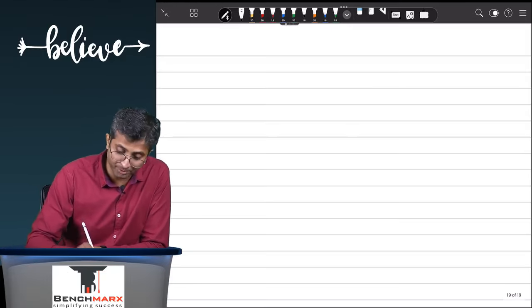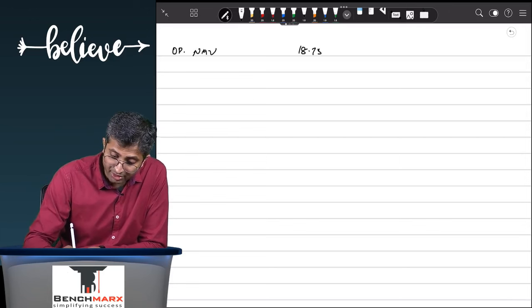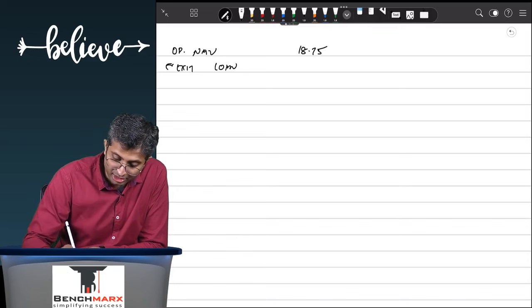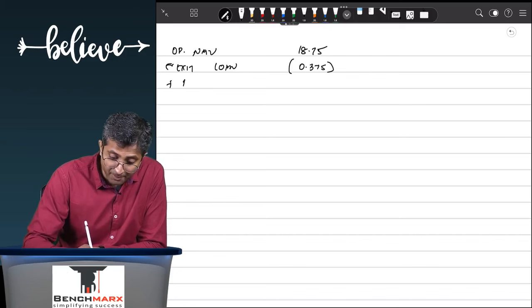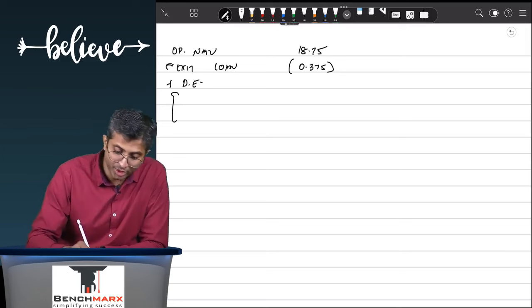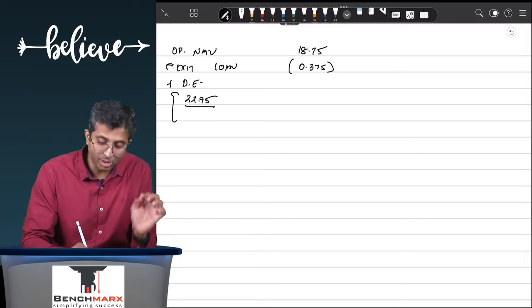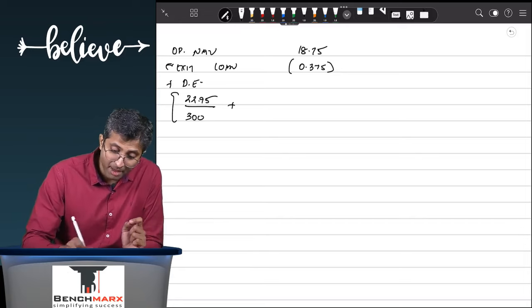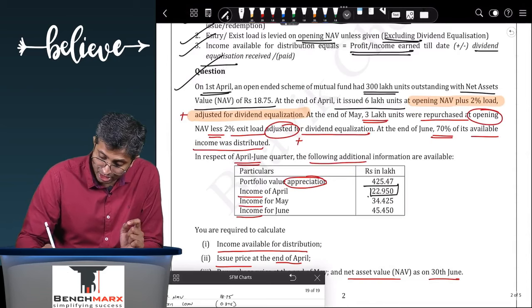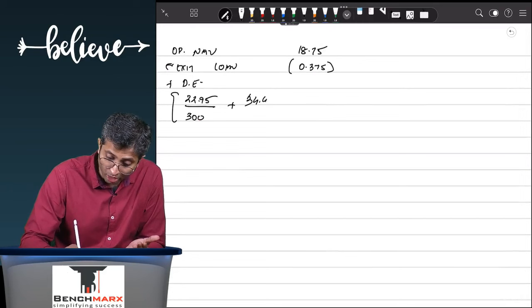So when we go to the month of May, we again start with the opening NAV, which is 18.75, but this time around we subtract the exit load. The exit load is again at the rate of 2%, which is 0.375, but this time around you subtract it, plus the dividend equalization per unit. Now you are at the end of May, which means 22.95 is the income when there were only 300 unit holders, plus in the month of May the income is 34.425, which is now attributable to all the